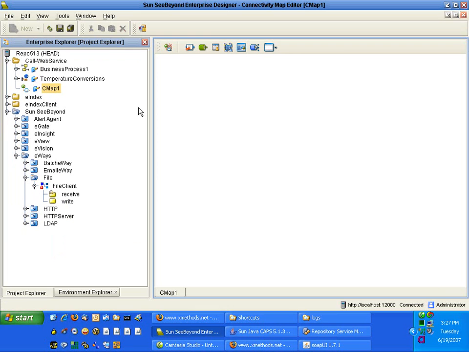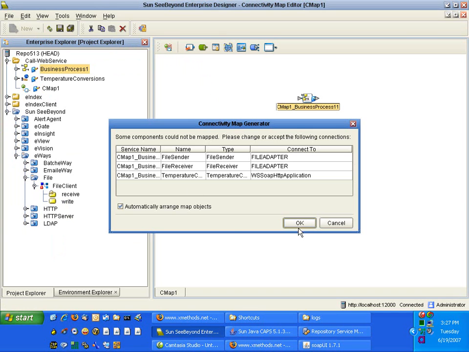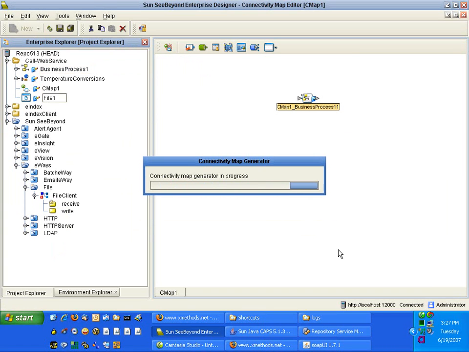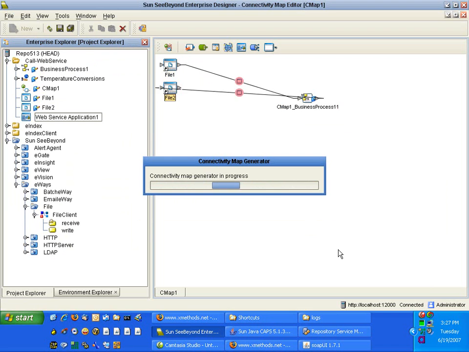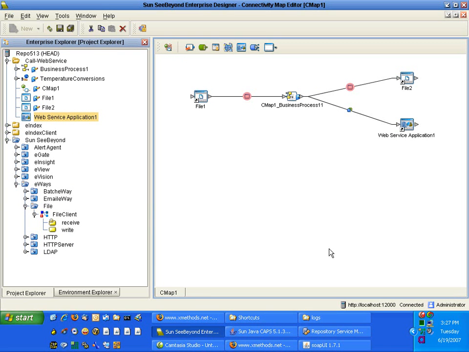Drag the business process and use the auto connectivity map generator. So that's the icon, click on it, and it will create all the externals and it will connect all the externals for you. So it just makes the process easier. Those red dots, they tell you that external needs to be configured. So double click